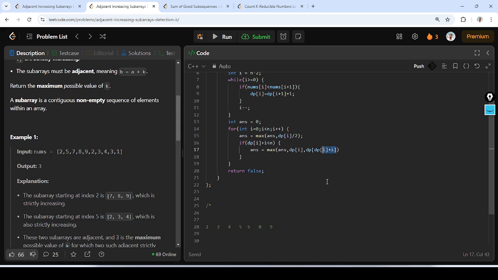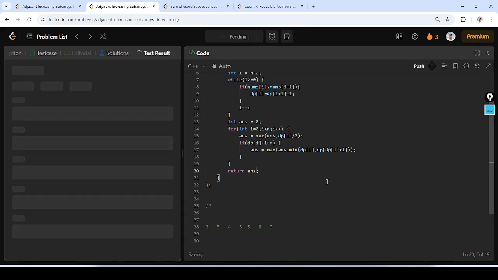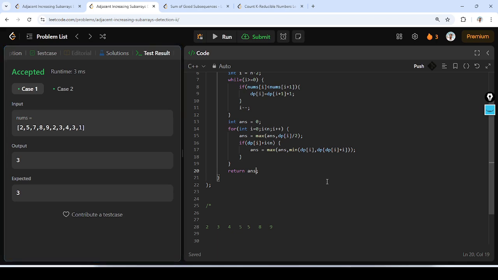So out of the two, I want the minimum of the two, right? So this will be my answer, and I'm going to return answer instead. Let's see if this works. All right,